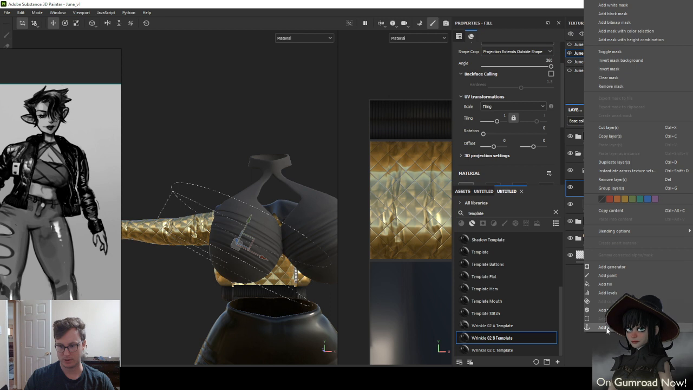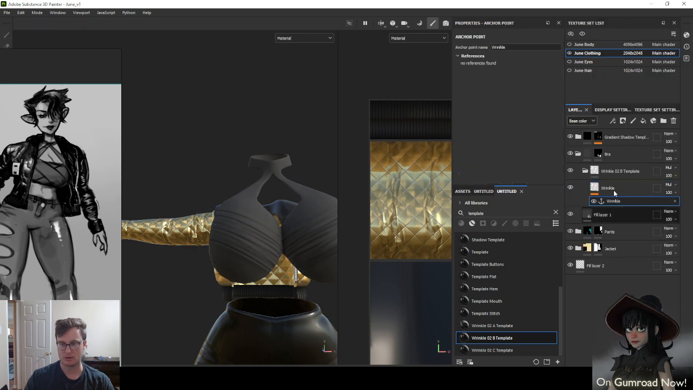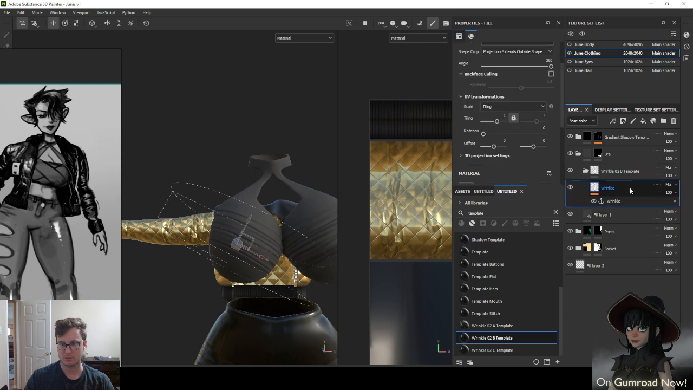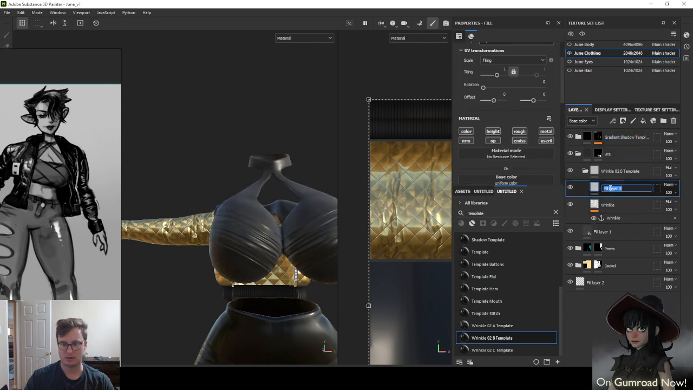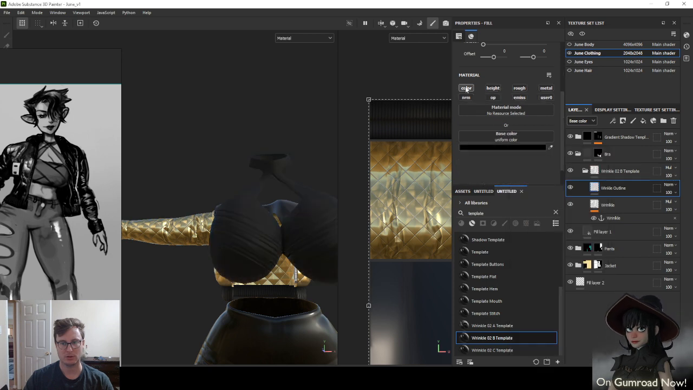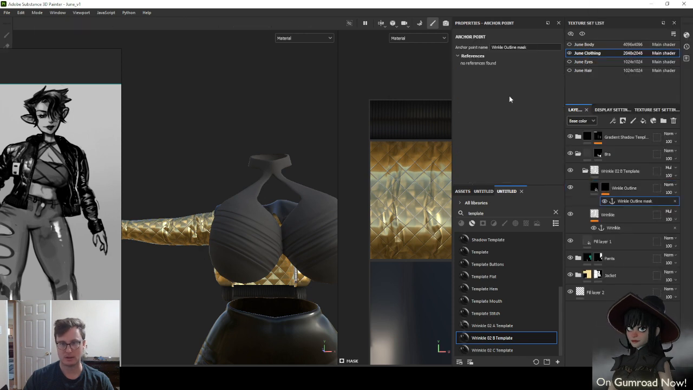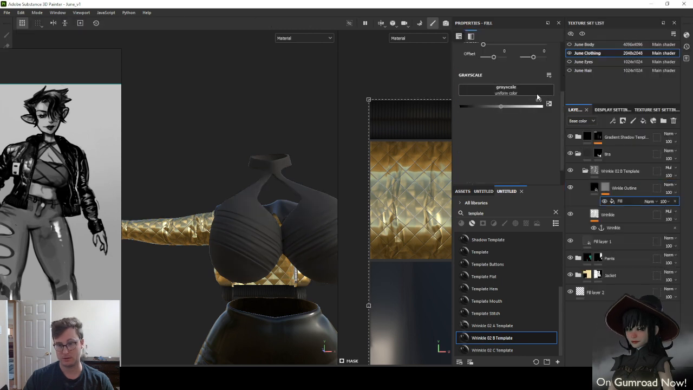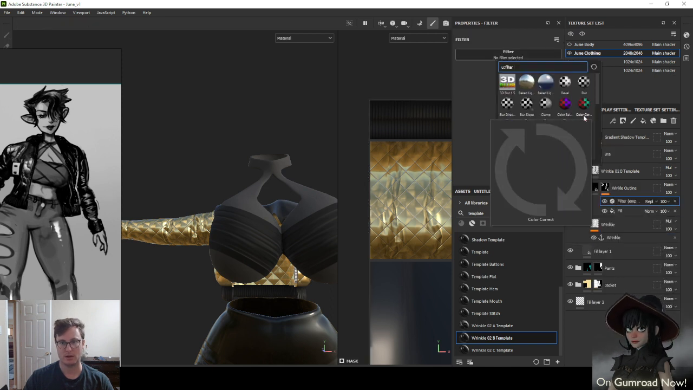And then I can add an anchor point here. And above this, make a layer called wrinkle outline, which will be just color for right now. We add a mask that accepts this anchor point. No, it's our fill that looks for that wrinkle anchor point. And then we'll do a filter with a